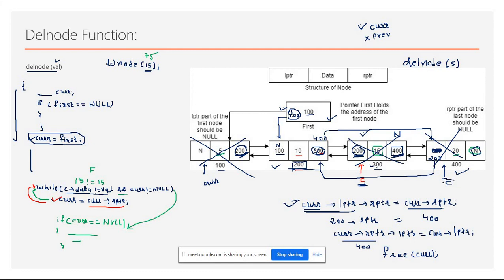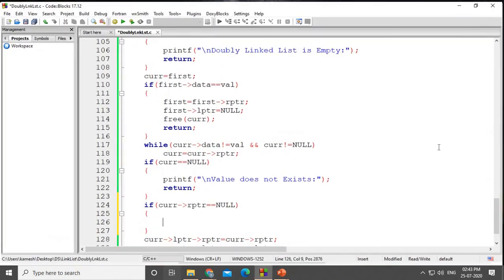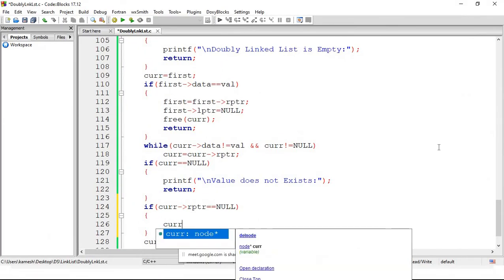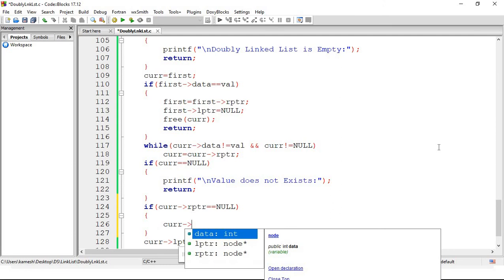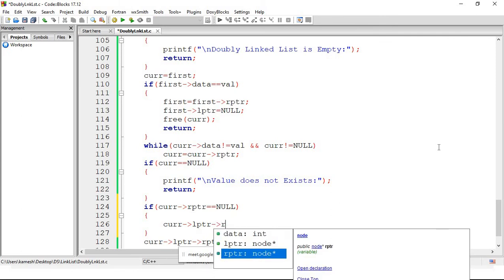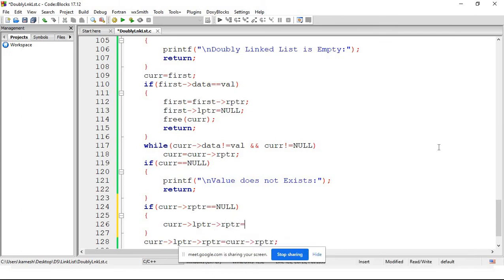Now see, your current pointer is here and you are accessing the rptr part of the previous node, right? So we just need to write something like this: current points to lptr points to rptr, this is equal to null, right?